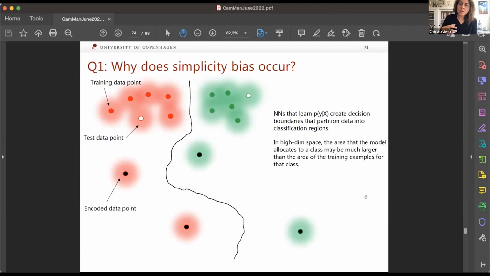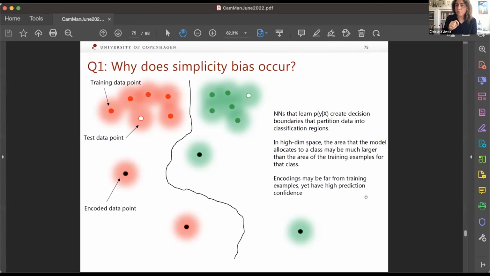And these encodings in this high dimensional space may end up occupying a much larger classification region than the region originally occupied by the actual real input data, the unencoded input data. And we might have cases where some encodings, specific encodings of data points, may be very, very well placed within a classification region, and that will result in very high confidence of the model that they are classified correctly.